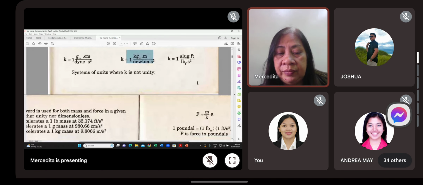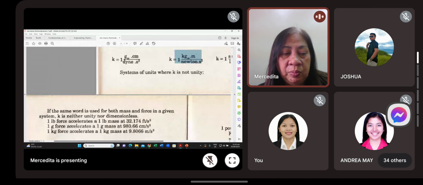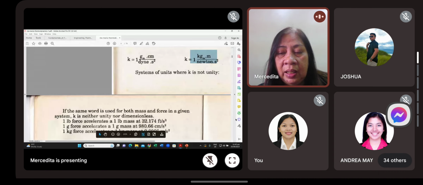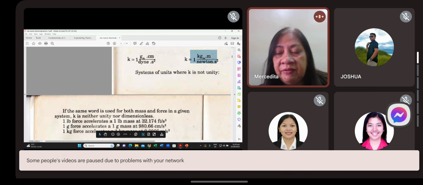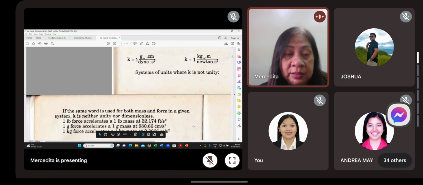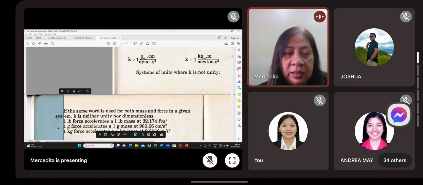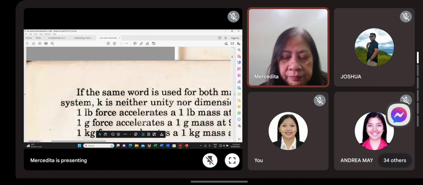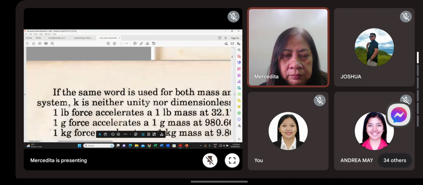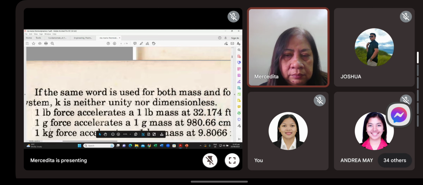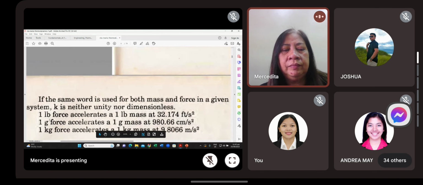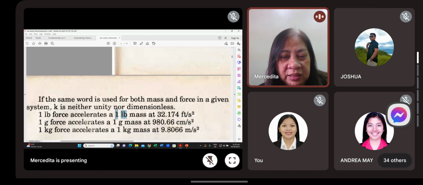Another set ng units natin. So yun pa rin tayo. We have also MKS, FPS, at saka CGS. Kaya lang, iba naman yung units. Ibang set ng units naman. So that for English, we have here yan. So 1 pound force, if you subject 1 pound mass